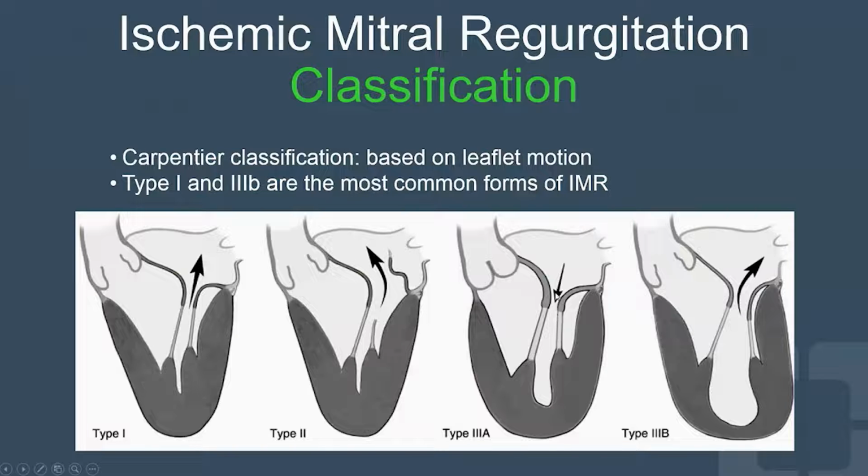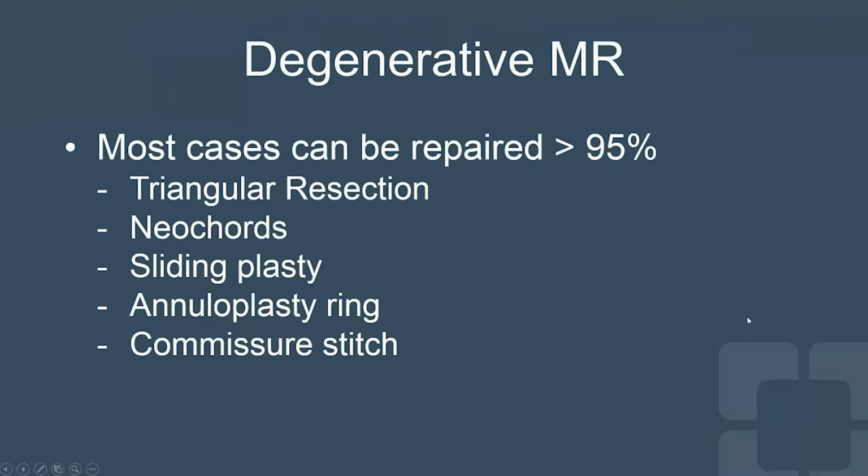down, and that can also lead to regurgitation if the leaflets are being pulled down onto the ventricle and not allowed to coapt. Type 3A is during systole, type 3B is during diastole, when you have ischemic mitral regurgitation with a very large ventricle that ends up pulling the cords down towards the base of the ventricle and prevents the leaflets from coapting. Now, looking at degenerative mitral valve, most of these cases can be repaired in about 95%